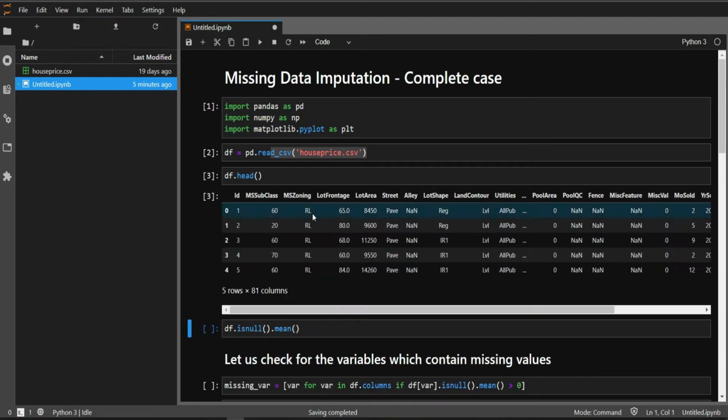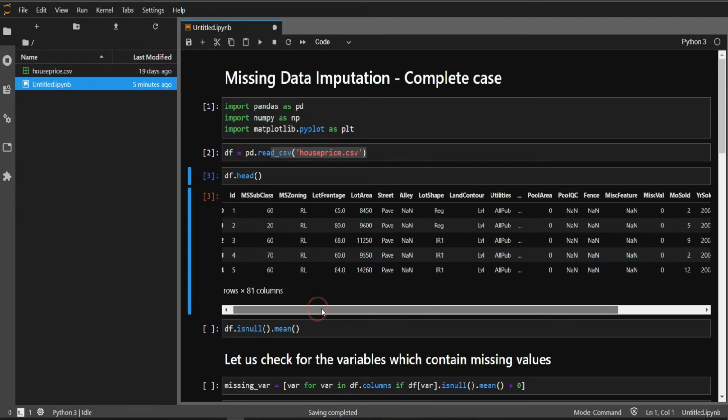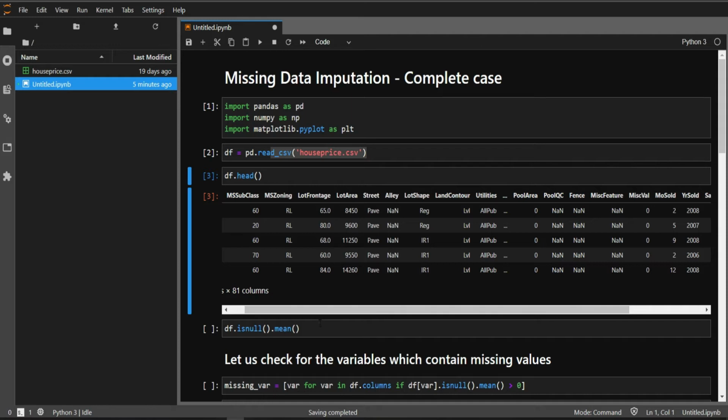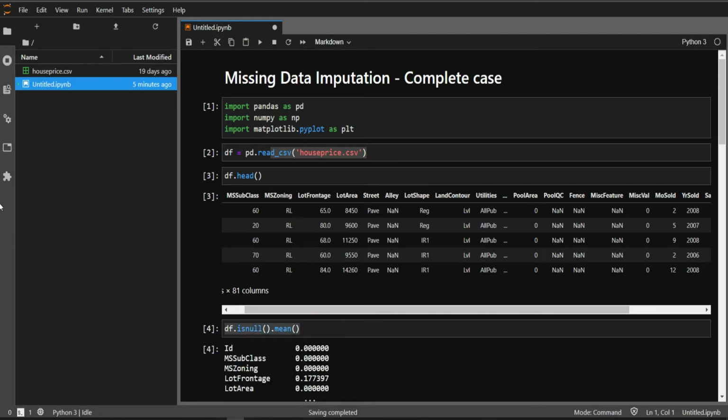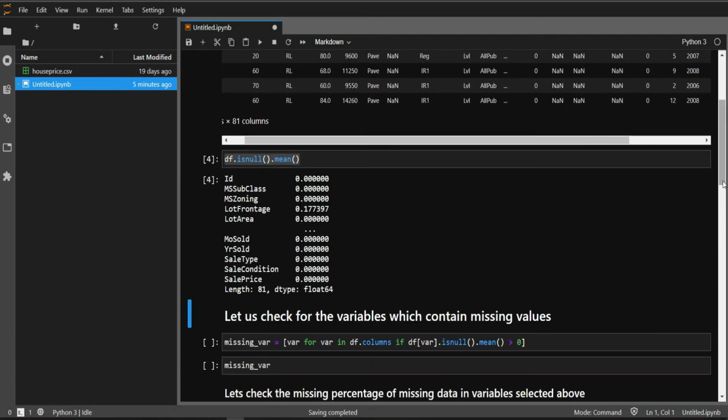If you see, we have the data here, and let me see what the missing values are. What is the situation? Here you can see that we do have some missing values, like lot frontage, 17.73% is missing, and other variables are also having missing values. So for that purpose,